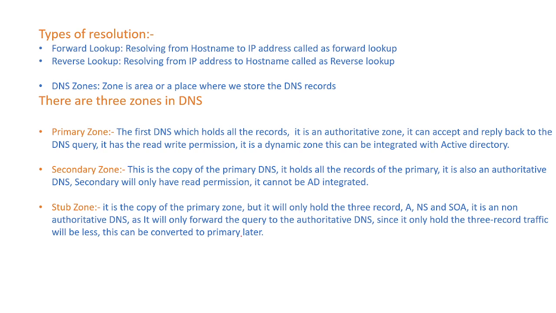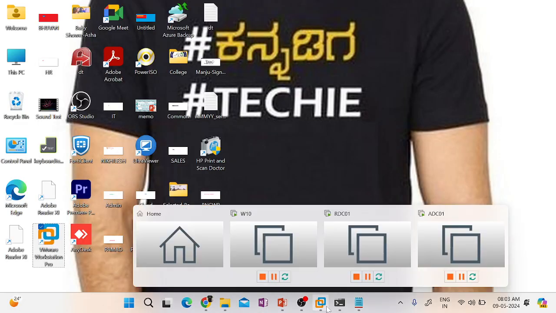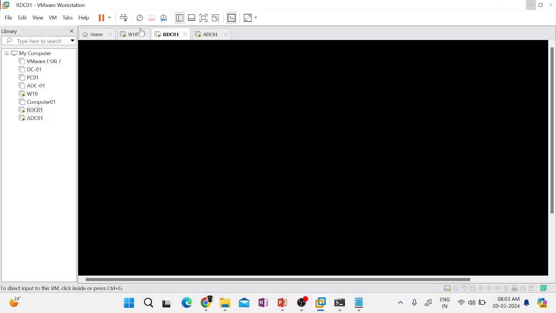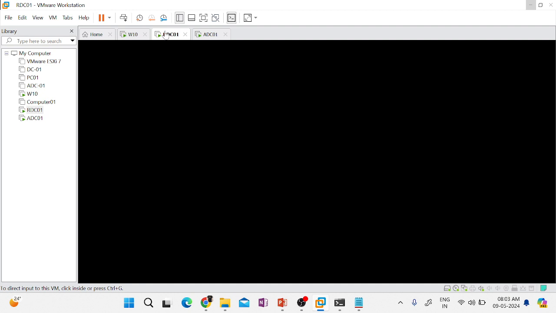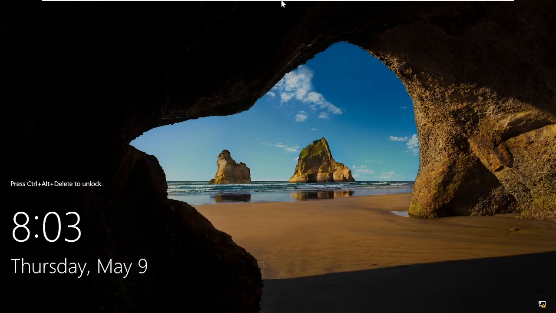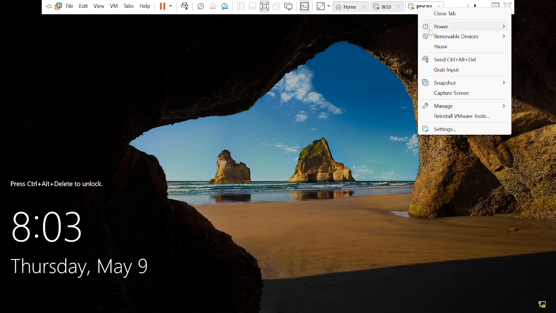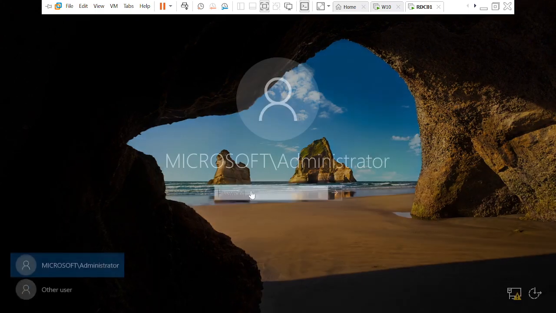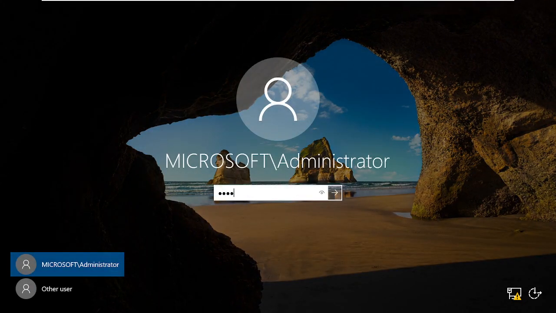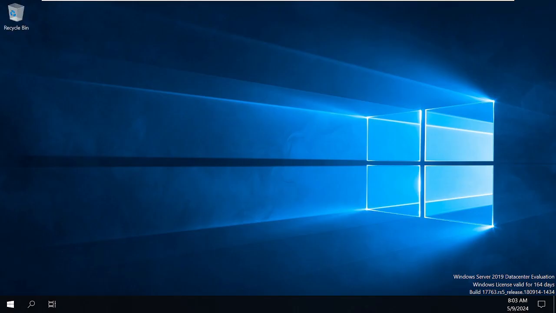Let me go to the DNS here. See, I am in the root domain controller now. Let me log into the RDC01, log in as administrator, and open the DNS console.